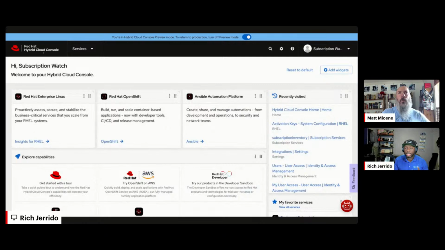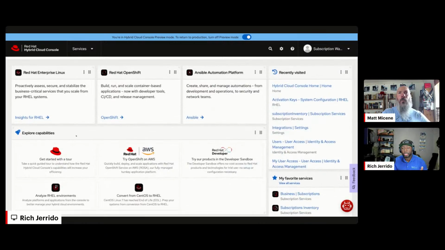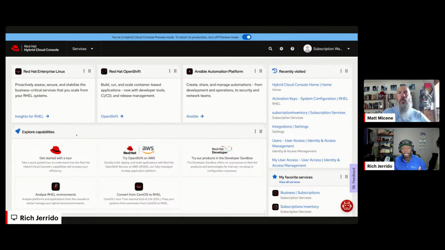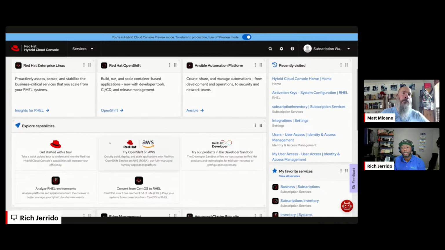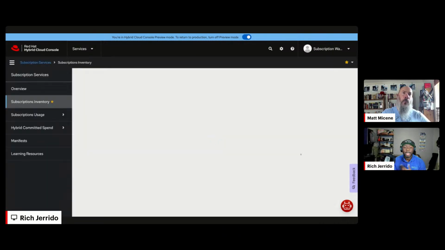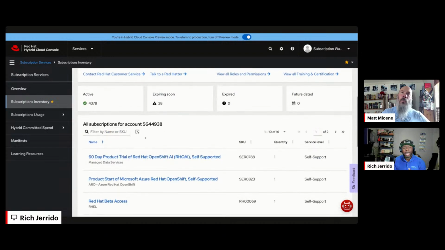So the next thing I want to show is some of the subscription stuff that's available, both the inventory and the usage page. So I'm going to head over to inventory first. And if you'll notice here, the inventory page in the Hybrid Cloud Console doesn't look too dissimilar than the subscriptions inventory page that was available in access.redhat.com, right? It's just the roster of the things you own. It's a list of subs with their SKUs, as well as some information around when they expire and when they